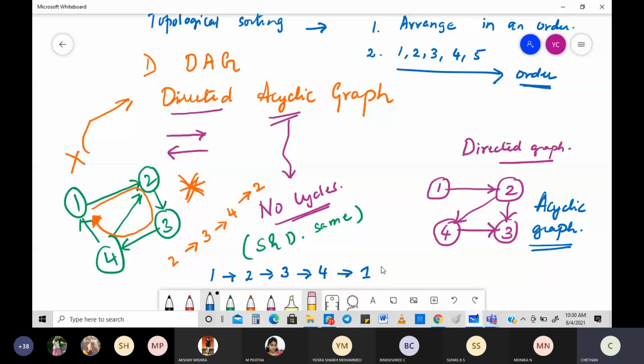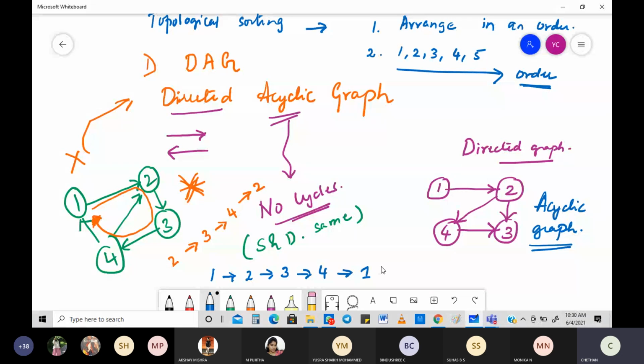It is nothing but sorting of vertices. How do you think the vertices should be? We are going to take in general U and V, and U and V will be in some sort of an order. That is called topological sorting. For topological sorting, what are the two methods? Source removal method, and of course, the second one being the DFS method. Two methods we are going to learn.